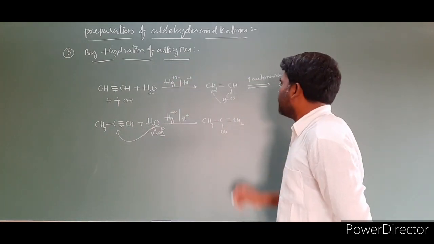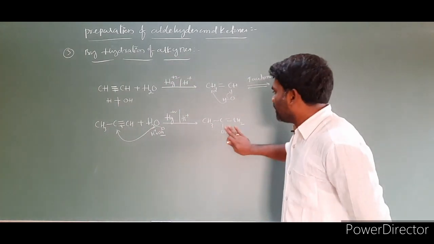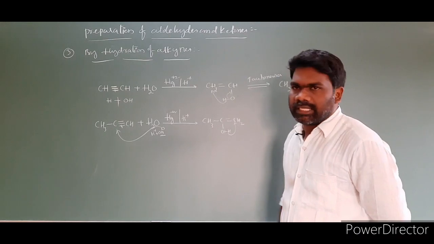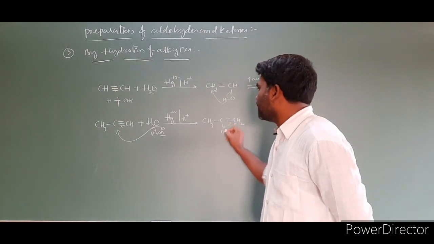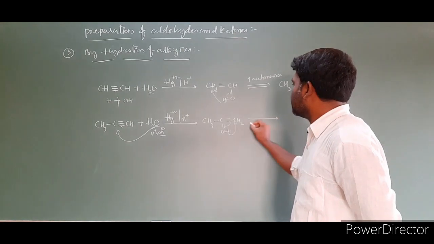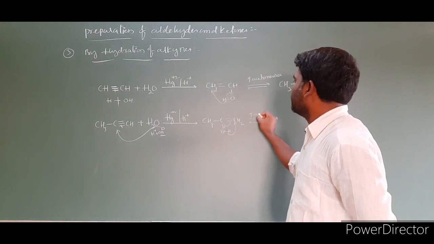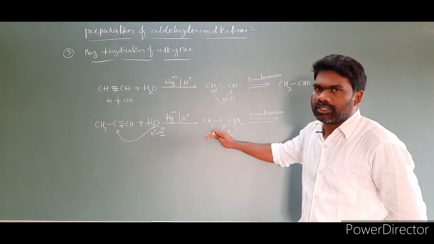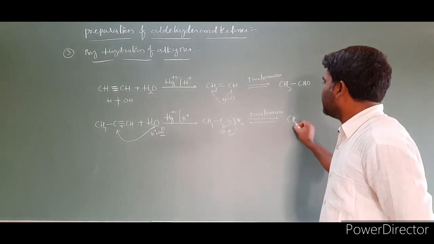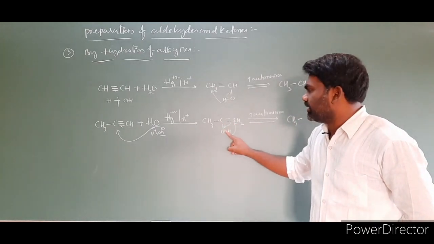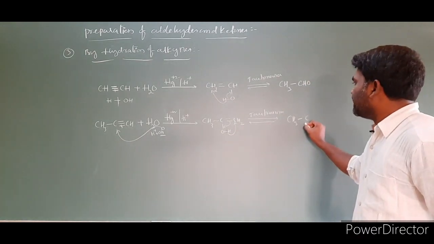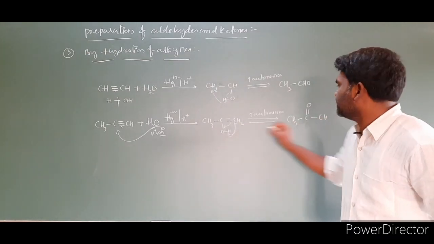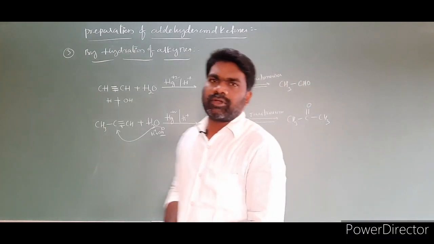Then this undergoes tautomerization. How the tautomerization happens: this hydrogen is shifting to here, and this pi bond will come here like this. This is also nothing but tautomerization. This compound undergoes tautomerization, then the product is CH3, C, this bond is coming, this hydrogen is shifting to there, C double bond O, and this will become CH2, this hydrogen is shifting to here, in the sense this will become CH3. So this is the product formed in this reaction.